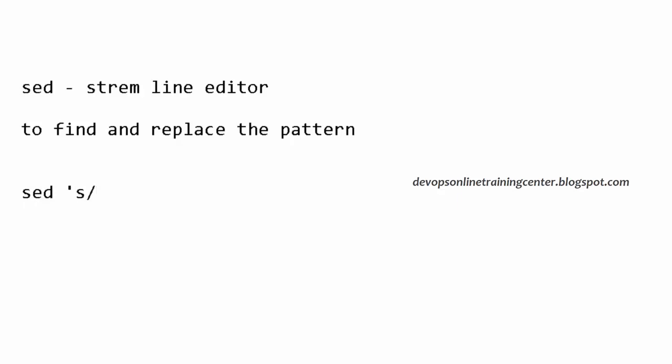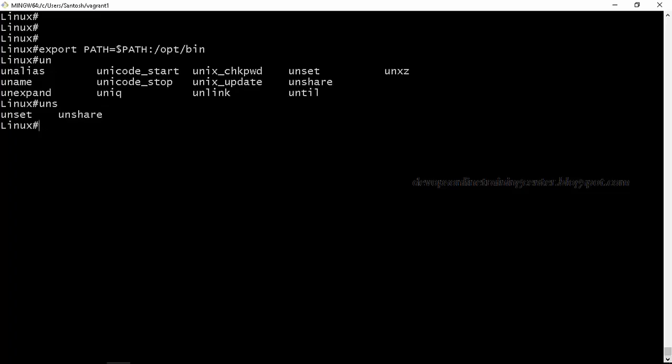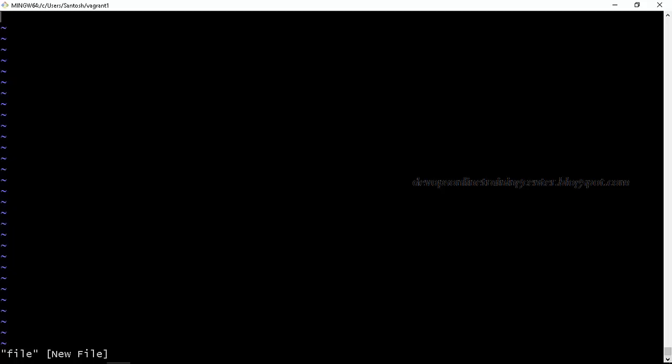There is a syntax for it. Substitute ABC with XYZ in a file called file. So I have a file with some content in it: ABC 123 XYZ 123 ABC XYZ ABC 123.